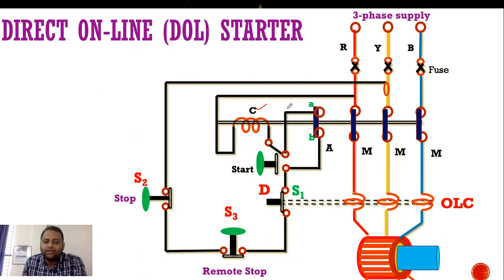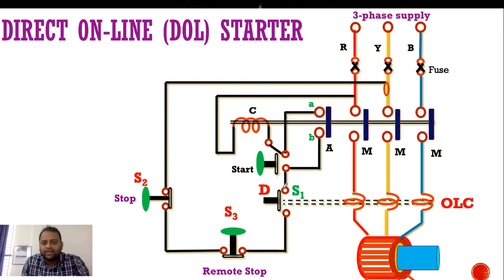In the second scenario, what happens is the overload current, because your shaft is stuck with the load or some problem happens on the shaft. So it will take more current. At that time, these coils over here, the OLC coils, get activated by the current, and then that will push up one of the connections D and that will become open circuit. Now again you can see that current can flow from Y, S2, S3, but it is disconnecting at the D point. So the current is not flowing through the coil C because it is a broken circuit. So when the C coil is de-energized, again the plunger will move backward. So again it's an open circuit.